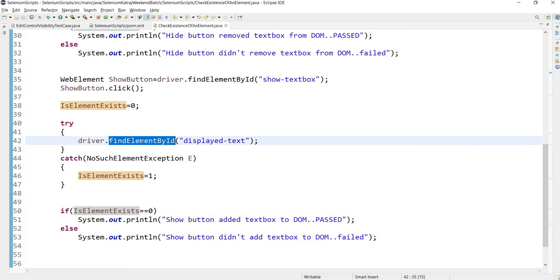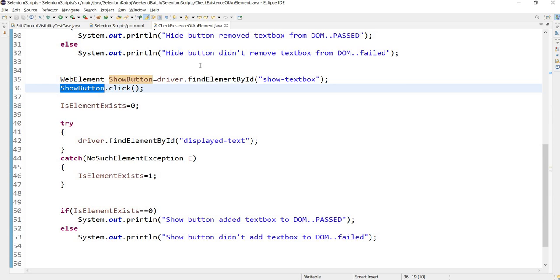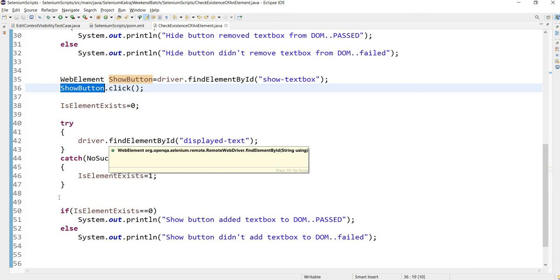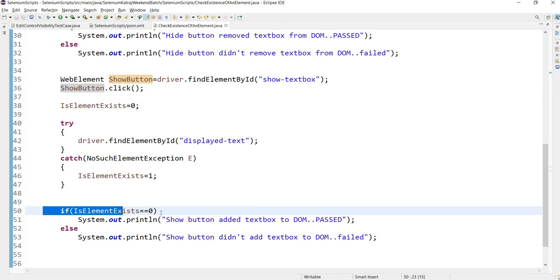It could find the element successfully. That is indeed a confirmation that the show button added that element back into the DOM. And this is what we are doing here, right? So this is how we can check for existence and non-existence.